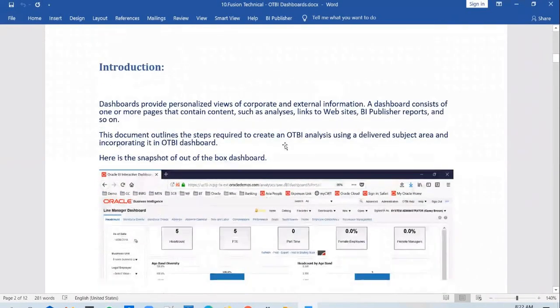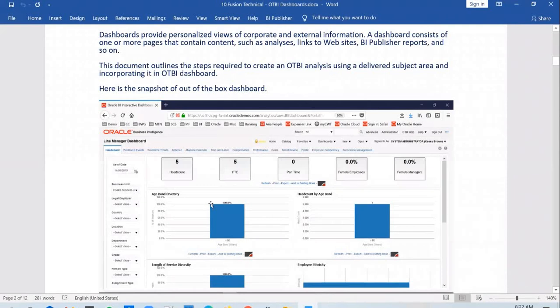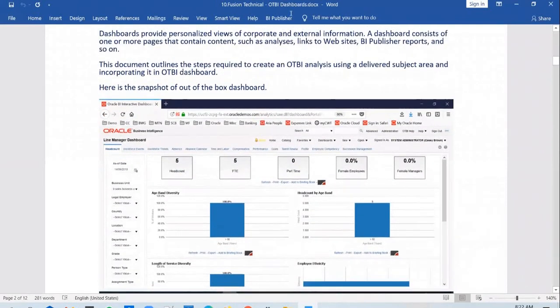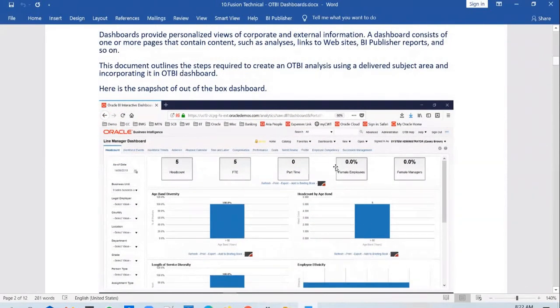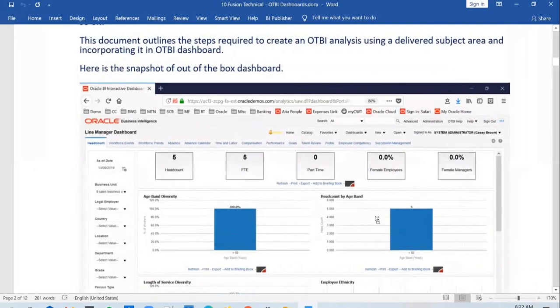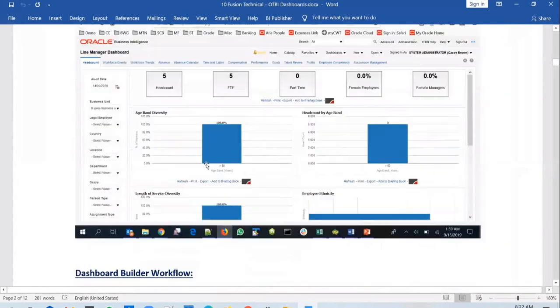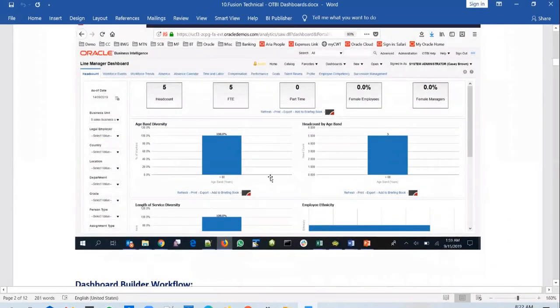And what is a dashboard? We've just seen one of the dashboards given by Oracle. A dashboard gives you comprehensive information in a single page. It saves quite a bit of time, and not just time. So if I'm a line manager, if I have to review the headcount information, by the time I look at the third graph, I would have forgotten what I have seen in the first two graphs, right? So dashboards help you from that perspective as well.